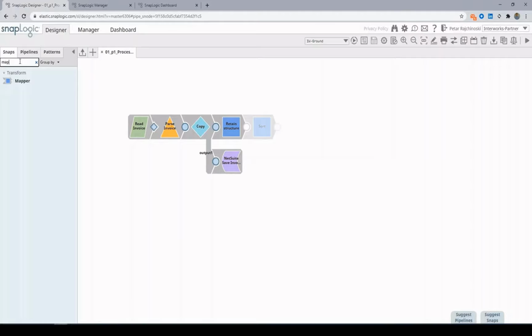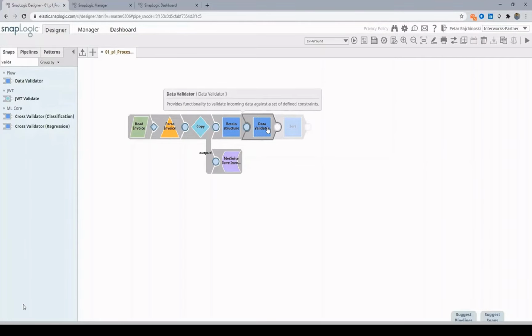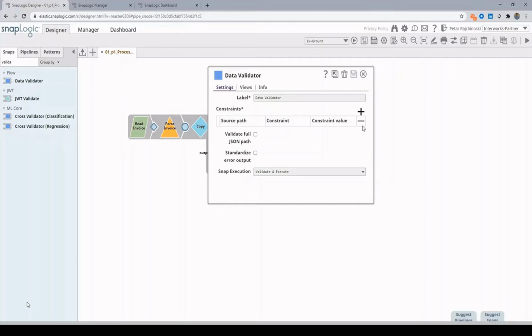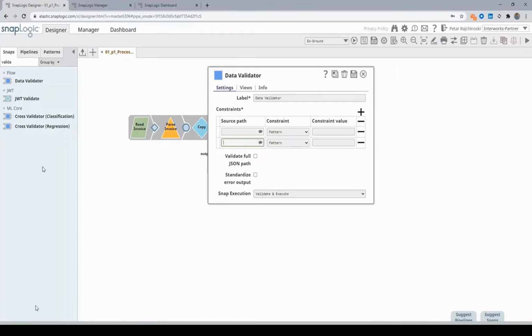So after retaining the structure and getting the appropriate fields, then we'll go and make a structural validation using the data validator snap. In this case, as you can see in the diagram that we showed previously, we are using it to define the source path, the constraints.